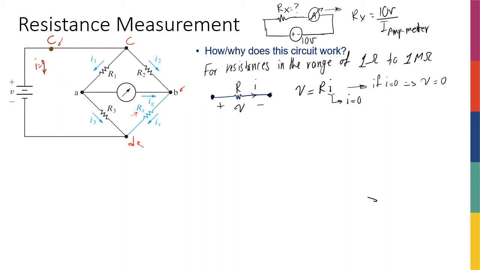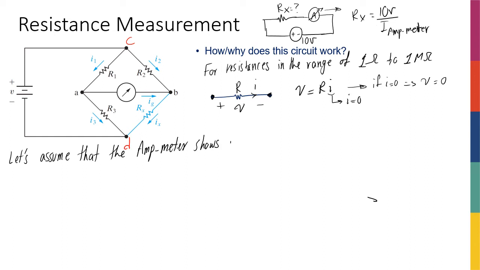Okay, so let me erase this part so that we keep the focus on the circuit at hand. Let me write this as D. Now, in the beginning we're going to start with an assumption. Let's assume that the ammeter shows a 0 ampere current. So the ammeter, the current measurement, is showing us that there's no current